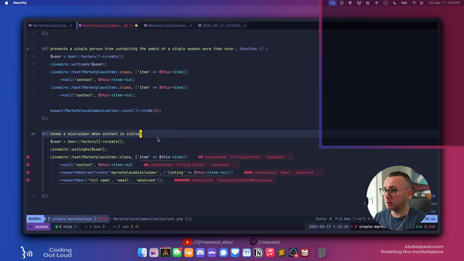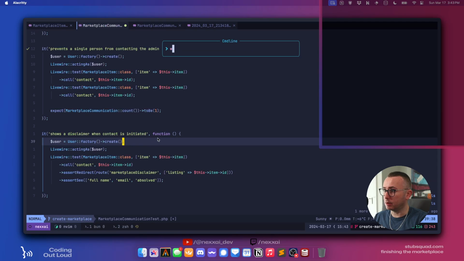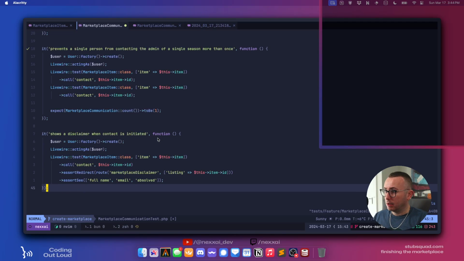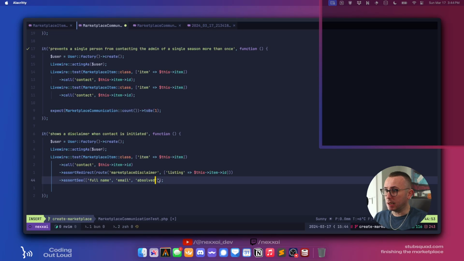Ooh, that's not what we want. That's what we want. Okay. So on the marketplace disclaimer page, we also want to see that there is a confirm button. Okay. So let's go like this.